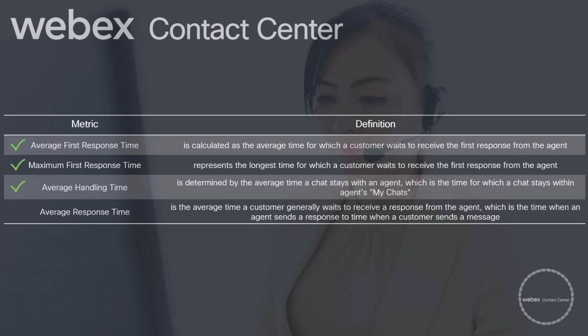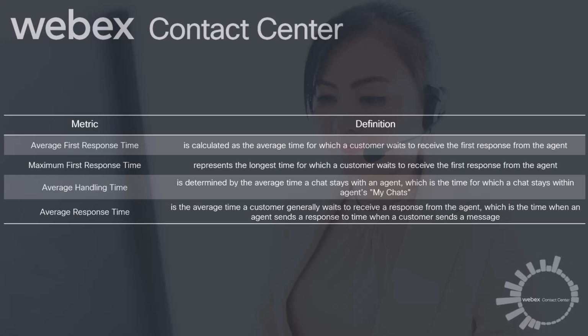The average response time is the average time a customer generally waits to receive a response from the agent, which is the time when an agent sends a response to the time when a customer sends a message. This is calculated for each message transaction within a chat. This duration is calculated for each message transaction for all chats that have been created that day, since 12 a.m., and the average of those values is considered.